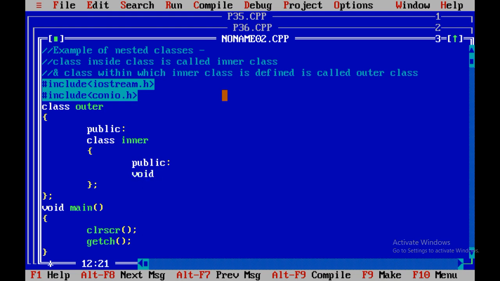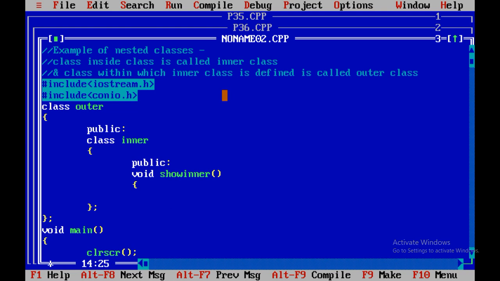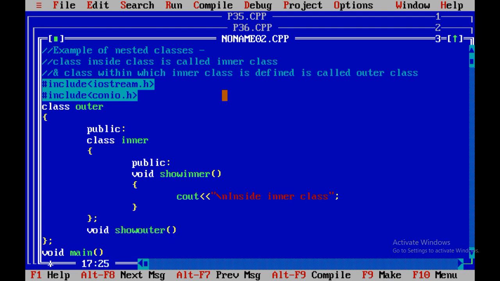Void show inner method, cout \n inside inner class. Similarly, one more method I want to declare for the outer class, show outer method.